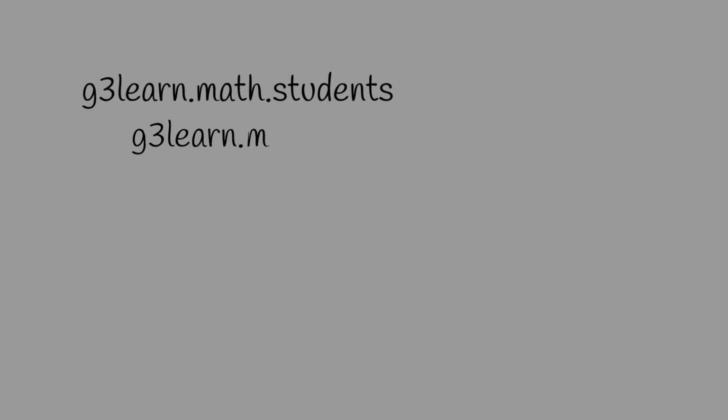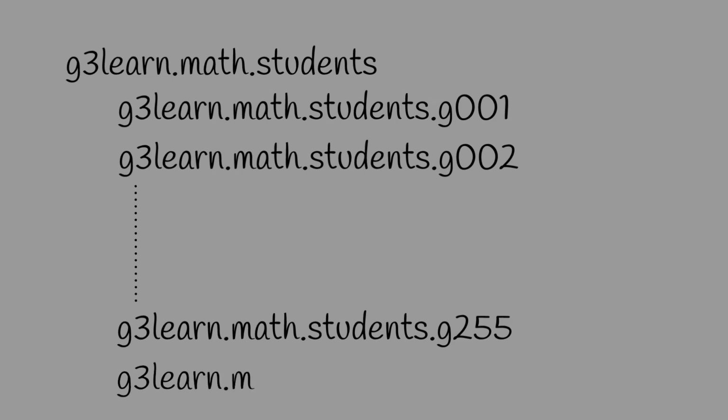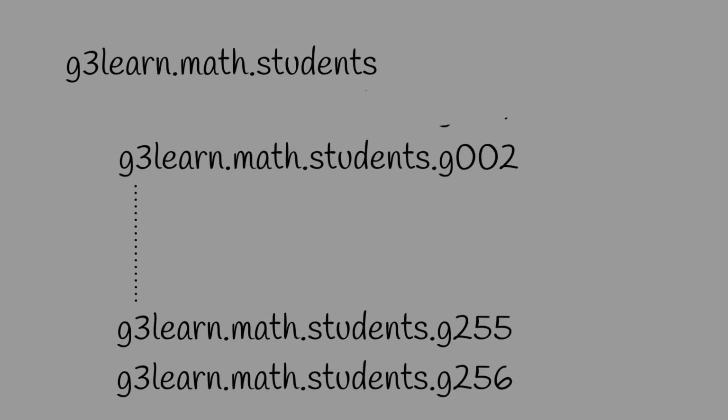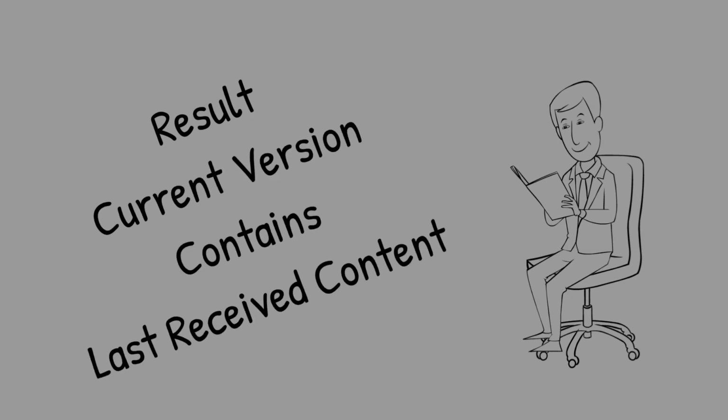As multiple days of processing happen and you hit the maximum of 255 generations, on the 256th generation processing, the very first generation gets deleted and the 256th generation will get created. Result: the current version will have the last received content and the data received in the past 254 times is retained in the previous generations. As a side note, if you need to retain the data past 255 generations, it is a good practice to periodically schedule a backup of the data in all the GDG versions to a new flat file and then restart the GDG from generation 1.